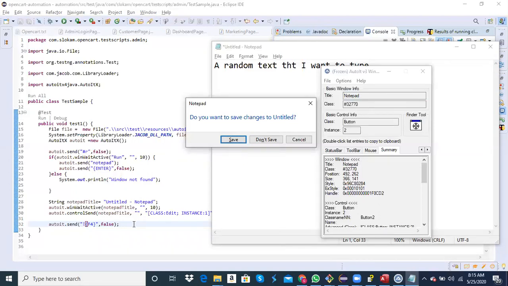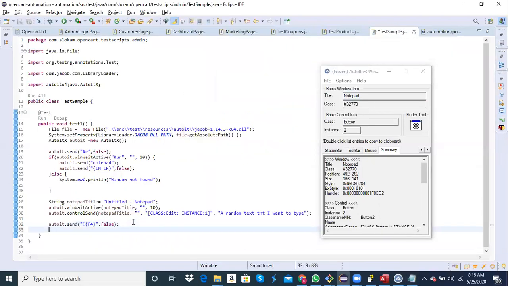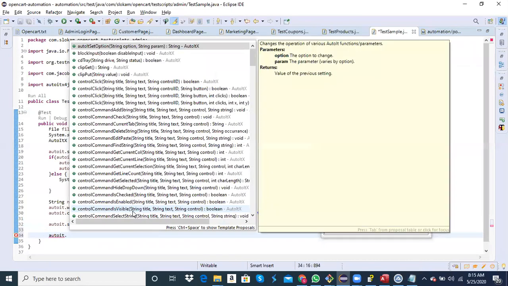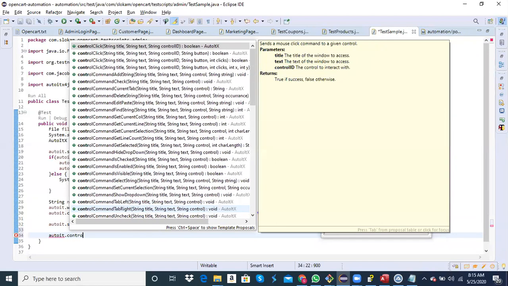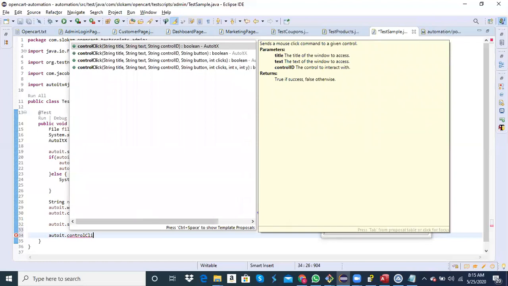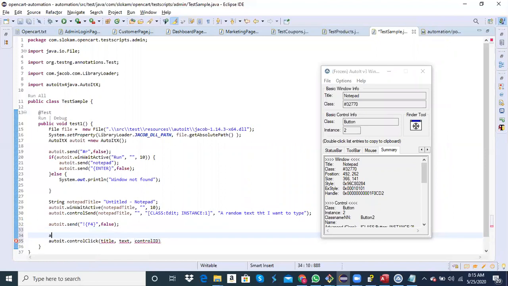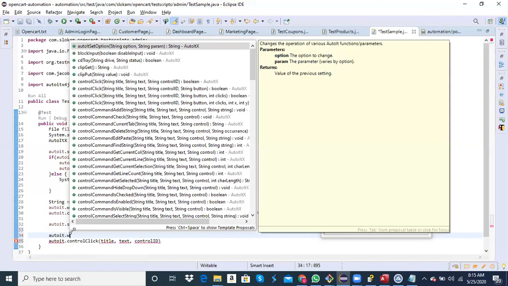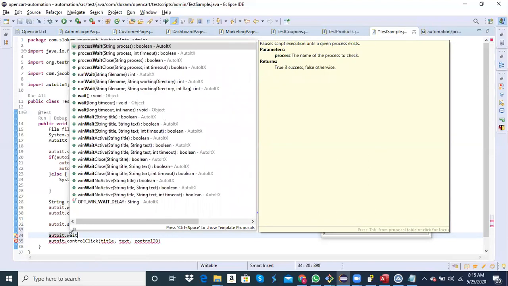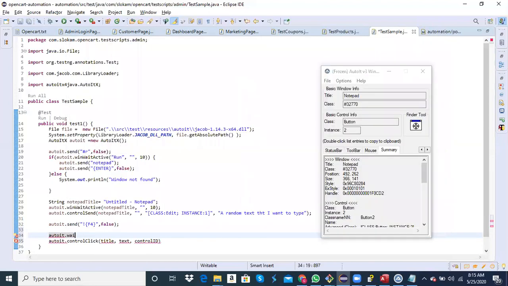So how do I do that? AutoIT dot control click. I want to click on control click. And also before that, what I need to do is AutoIT dot win wait active. Okay, win wait active.